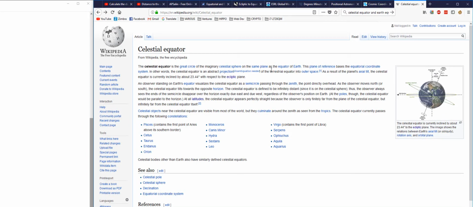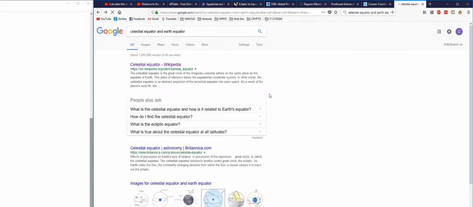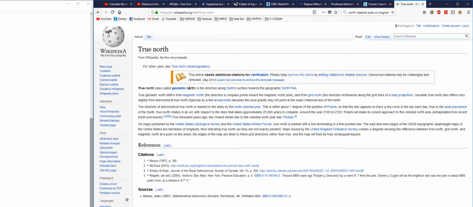Okay, so we have the North Pole, the North Pole of the celestial sphere, our North Pole. We have the celestial equator, which is our equator extended outwards. This is what it says here. Also, to double check that the North Pole of the celestial sphere is the same as ours, true north, also